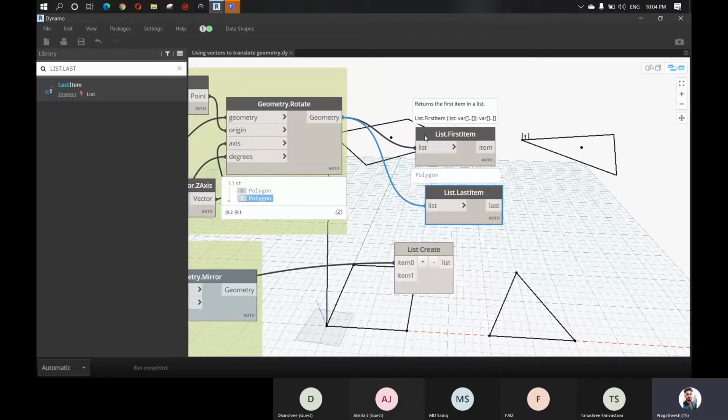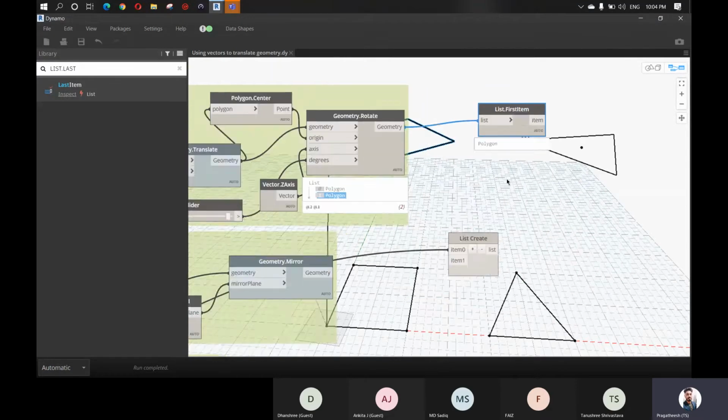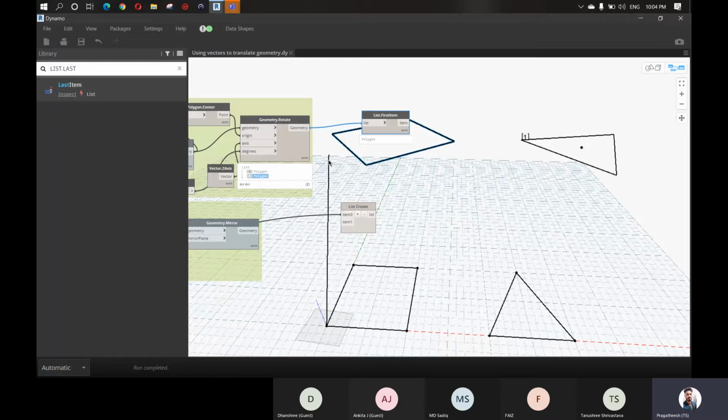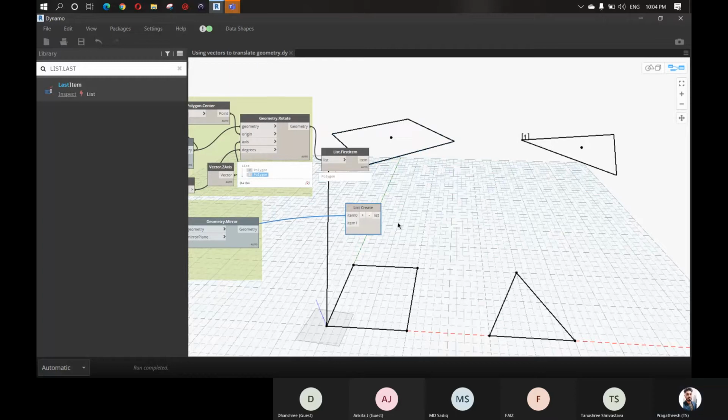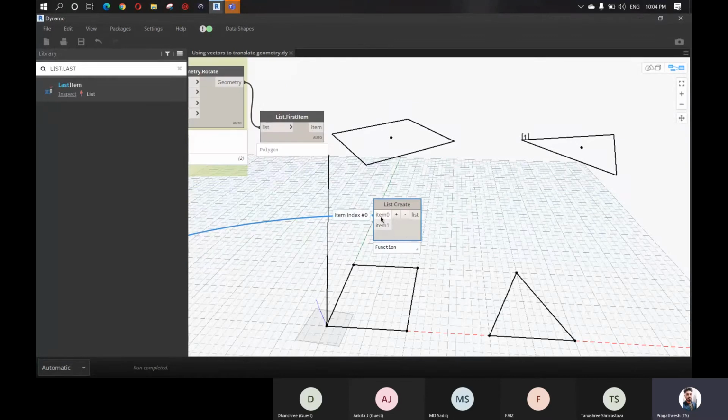Okay, we got it. So this is the square. Yes, this is correct. You can see it is highlighting. Okay, so now we are going to create a list of the bottom square and the top square. So this is the list create node. It has the bottom square, and here we got the top square.